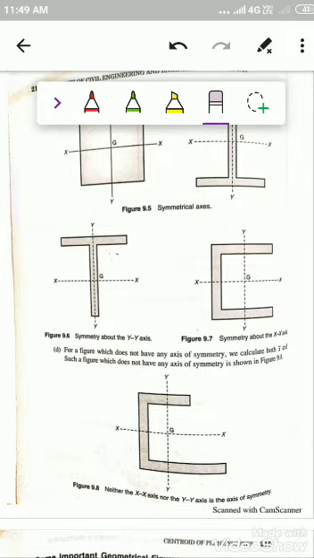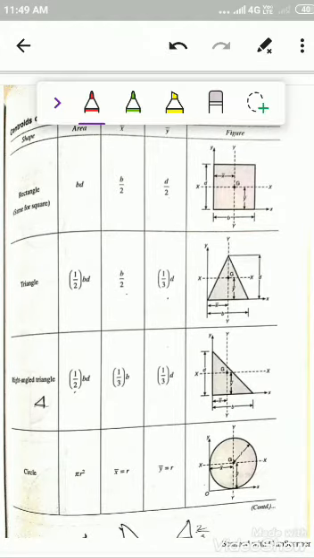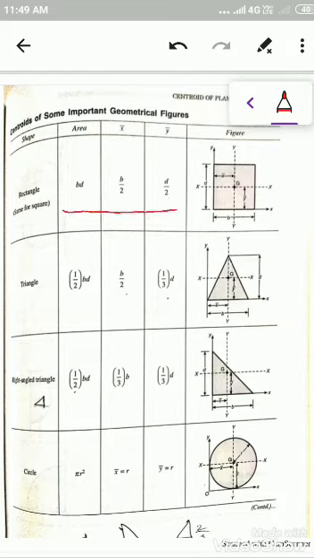centroid of plane figures. So let us observe it clearly. I have attached the PDF with some of the important geometrical figures. You just go through this tabular column clearly, and remember these values. What is the area, what is the x bar, and what is the y bar value. Observe these figures and the notations, and from where they have noted the x bar and y bar distance. Try to remember all these values in these two tables with respect to the figures. The figure should be perfect in your mind. With respect to the figures, you should remember these values.